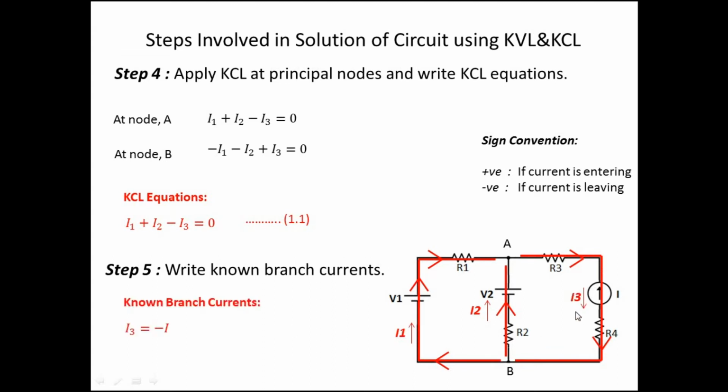So I3 is a non-branch current. The non-branch current means it will be in the branches which have a series current source. Here I3 is the non-branch current, and I1, I2 are unknown branch currents. There is only one current source, so only this branch has a current source, and we will have only one non-branch current. So you can put the equation as 2.1. If there are a number of equations, we can write them as 2.2, 2.3, etc.